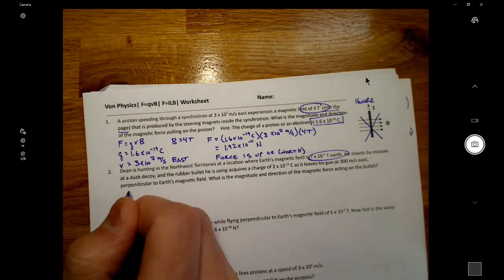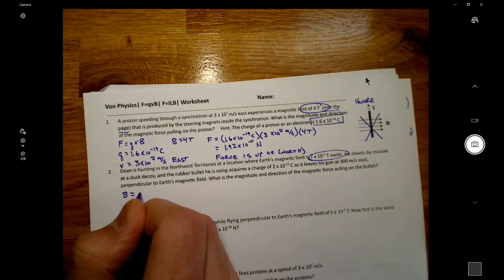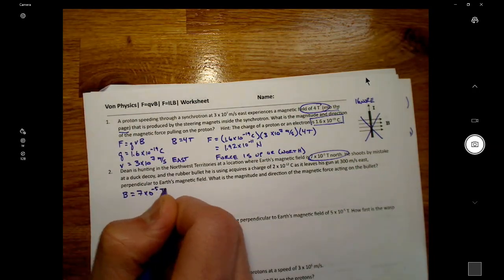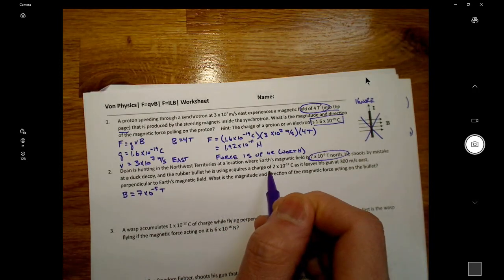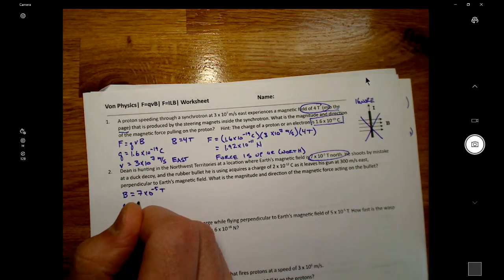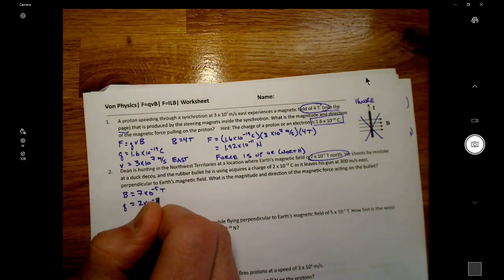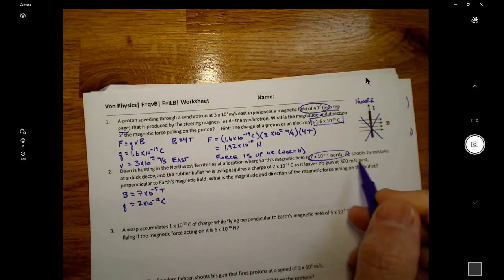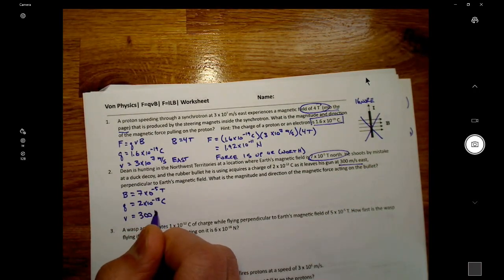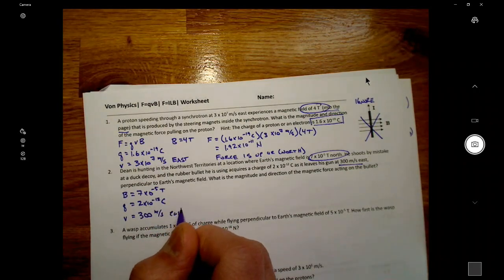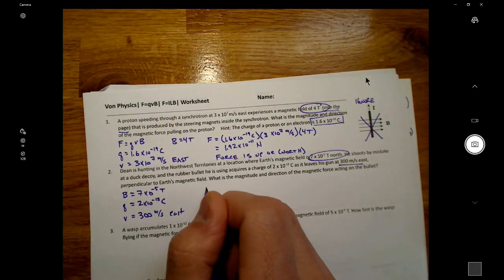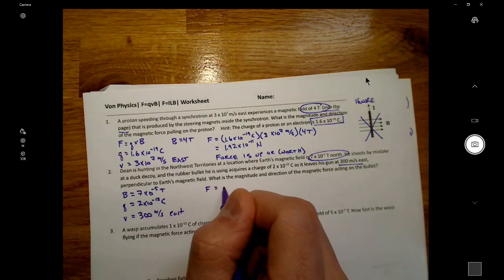So it tells us that the magnetic field B is equal to 7 times 10 to the negative 5 Teslas. It tells us that the charge that the bullet acquires, Q, is equal to 2 times 10 to the negative 12 coulombs. And the velocity is 300 meters per second east. So the first part is easy. The magnitude, say F, the magnitude is equal to qvB,